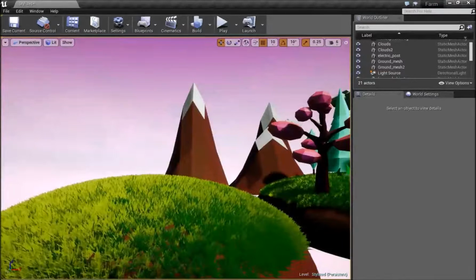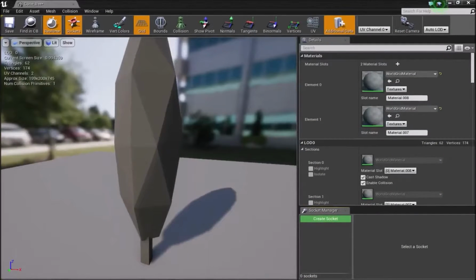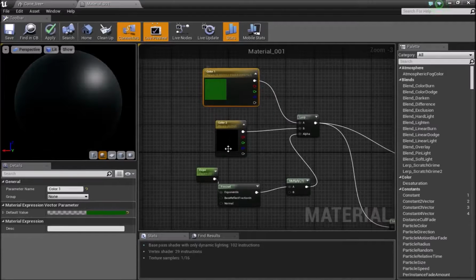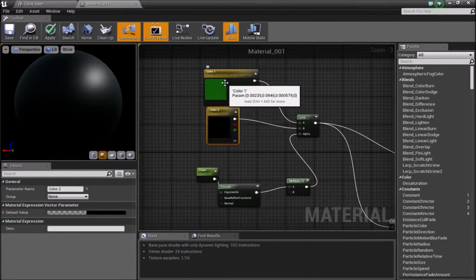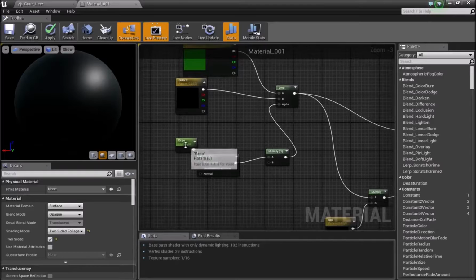Okay, and we can open this first of all, and I'm just going to use the same materials that's down here. So I believe this was my, if I go to my trees, so my tree material is actually pretty simple. It uses a vector 3 up here, well, I think it's a vector 4, I'm not sure, and then a vector 3. So the first one goes into A, the second one goes into B, and then in the alpha I have an